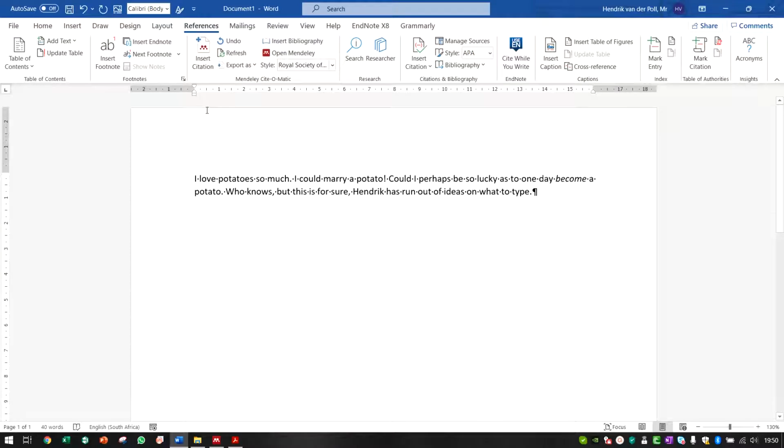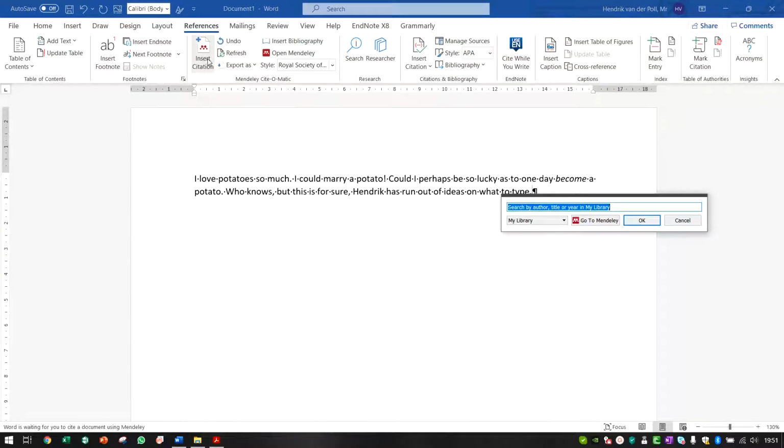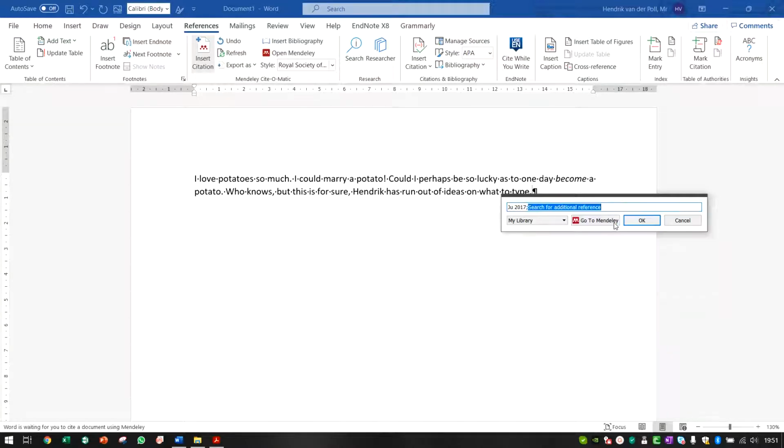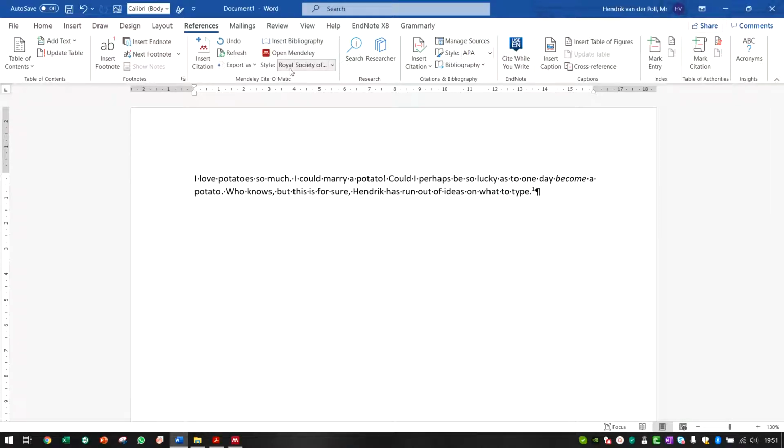Now you go to References in Word, you go to your plugin, you say Insert Citation. Let's see what's there. You search, the last thing we searched for was the lead-free mixed tin and germanium perovskites for photovoltaic application. You just click on it, you say OK. And remember, you check that your style has been correctly set to Royal Society of Chemistry. And we can now insert a bibliography, which will be done as whatever you set the